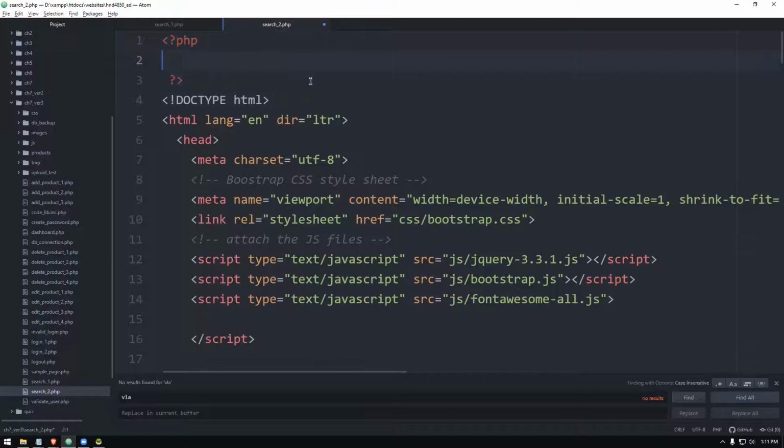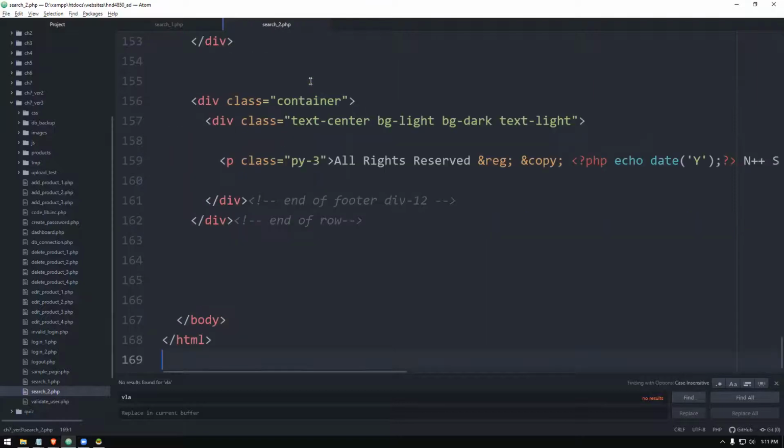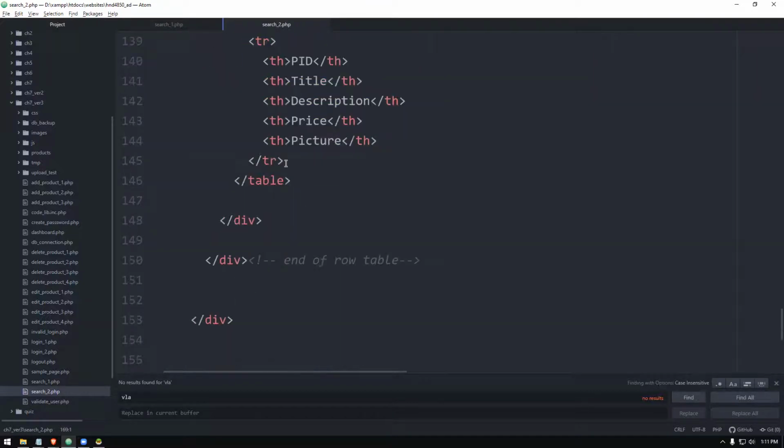Start a PHP here, link to database server. So you know how to do that. So you say require dbconnection.php, and we can come down here. And after this, I'm going to start the search part now. Right, starting the PHP code here.